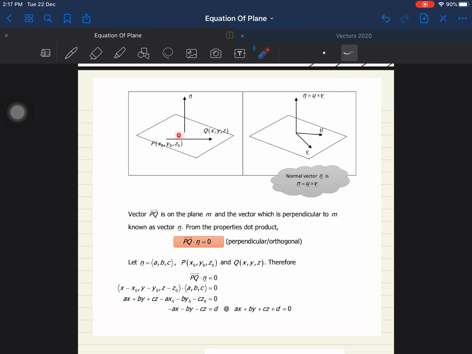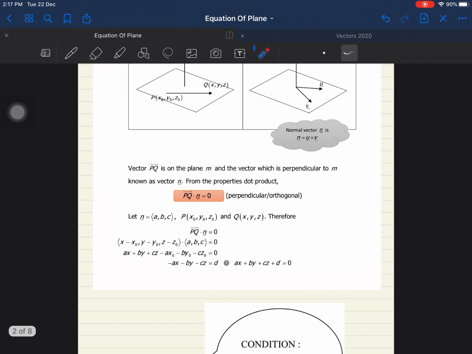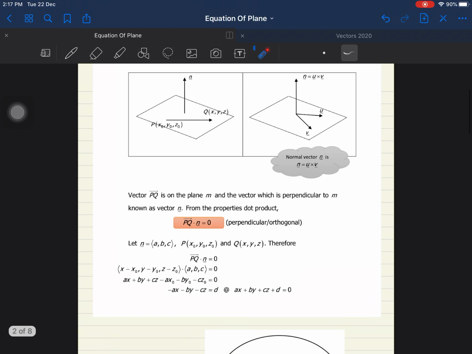Untuk awak buat equation of the plane, mesti ada satu point and mesti ada satu normal vector. And the equation of that plane can be found by using this one: PQ dot N is equals to 0. Okay. So ada keadaan di mana you memang tahu that vector tu adalah normal vector. But in some cases, you need to find the normal vector first, then only baru you boleh cari equation of